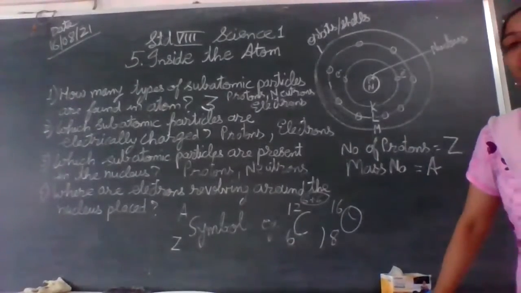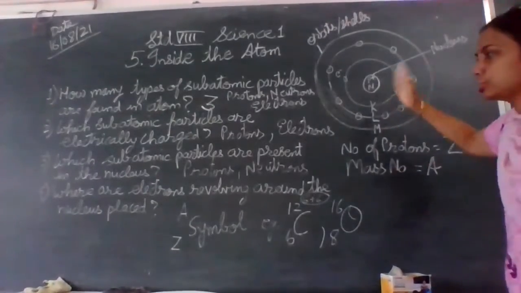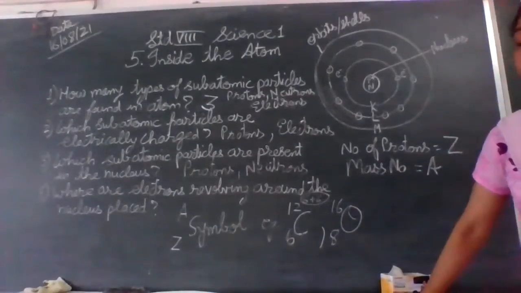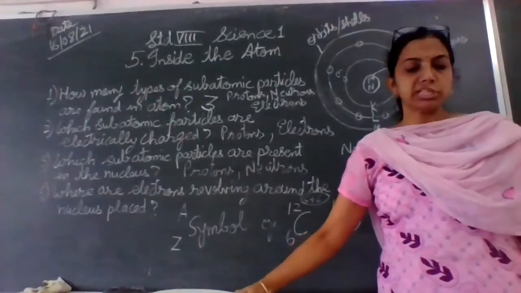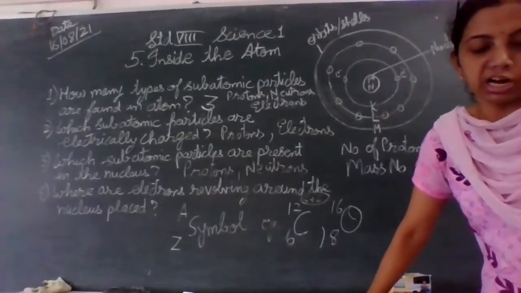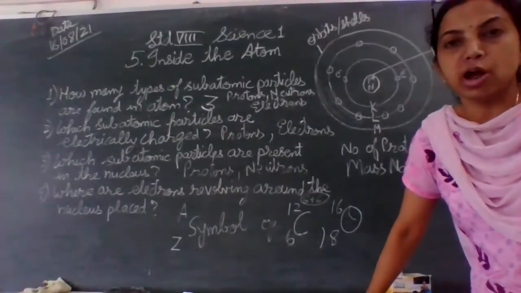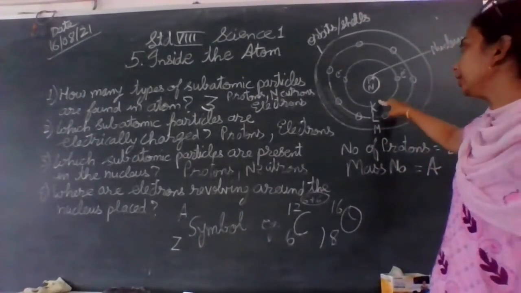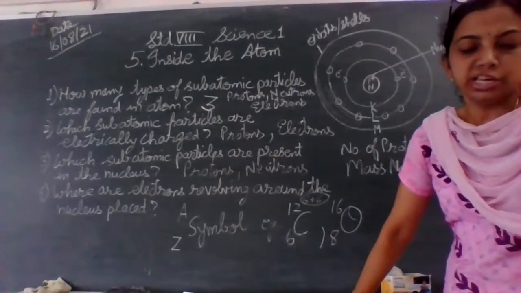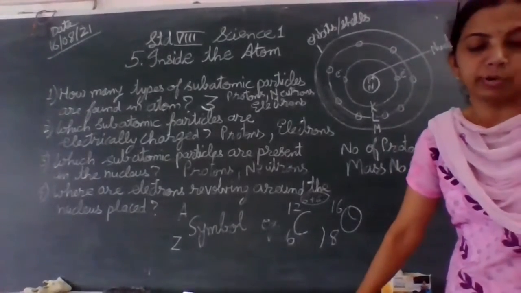Now, how are the electrons distributed in the orbits around this nucleus? We need to understand how it can be found out. For this purpose, scientists, especially Niels Bohr, have given us a formula to find out the number of electrons distributed in the K shell and the consecutive shells. These shells have a definite energy, and only that many electrons can be accommodated.